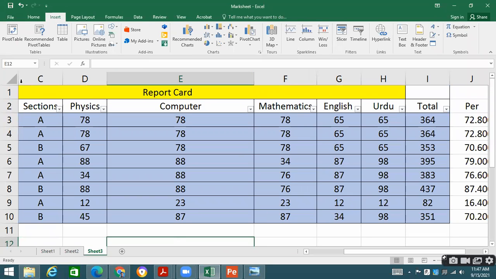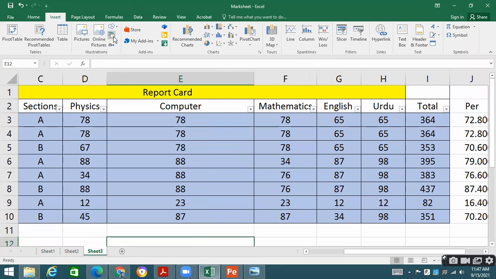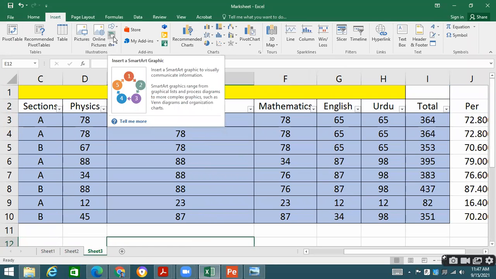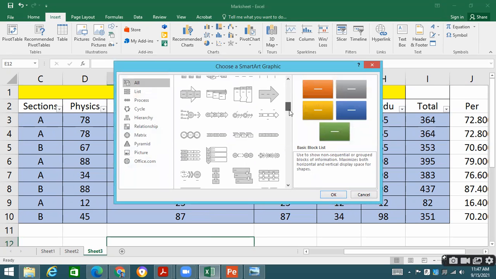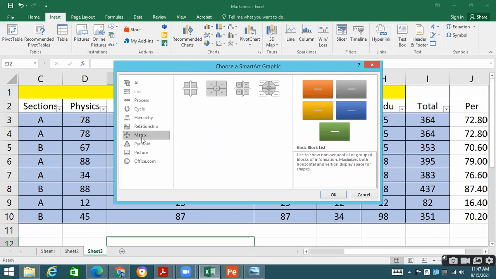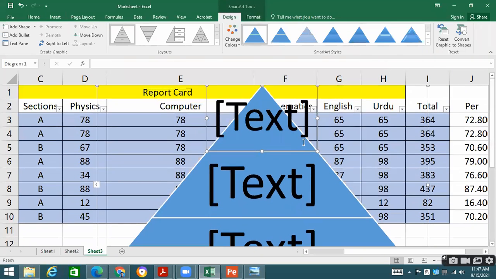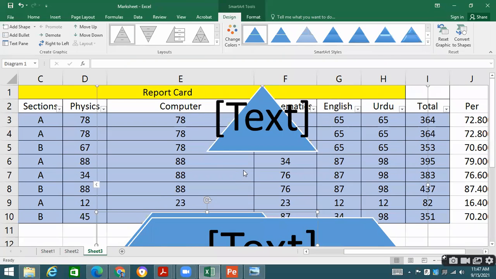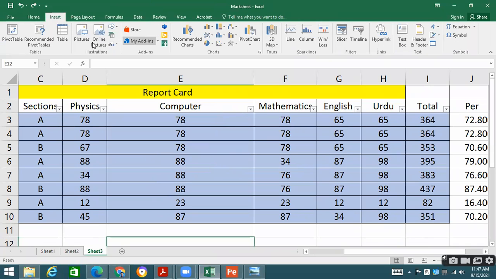I had explained some things in Microsoft Word already. Insert picture, insert online picture, insert shapes. These are the different shapes. Same are there. Insert SmartArt: flow charts, nitrogen cycle, water cycle, such kinds of charts if you need to insert. Organizational structures. Different types of flow charts are there that you can design. Hierarchical structures, relationships, matrices, pyramids. You want to insert data in some kind of design with the text, so you can take this example. But I have explained all these points in Microsoft Word, so these are all covered.